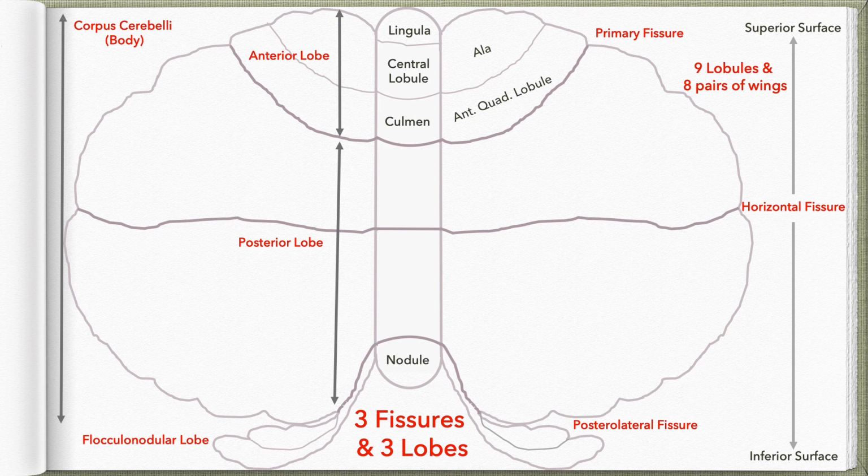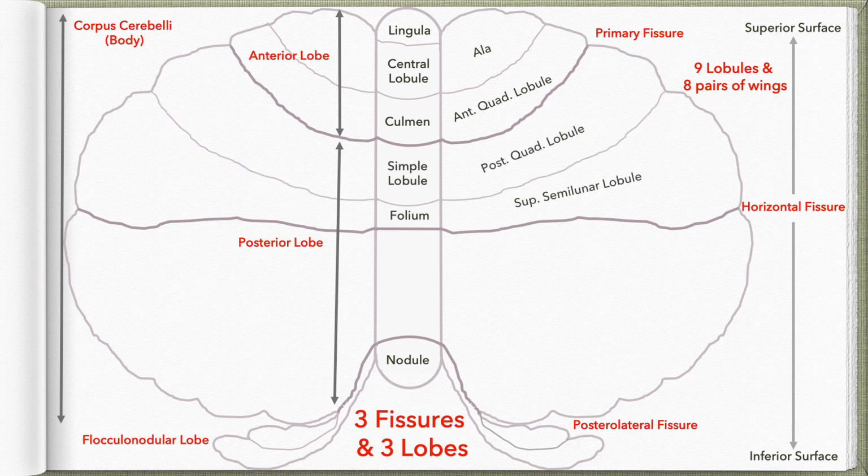And on either side, the hemispheres are separated into 2 wings, ala, which is continuous with the central lobule, and anterior quadrangular lobule continuous with the culmen. The area between primary fissure and horizontal fissure are separated into 2 parts. Along the vermis, it is simple lobule and folium, and in the hemispheres, they are the posterior quadrangular lobule and